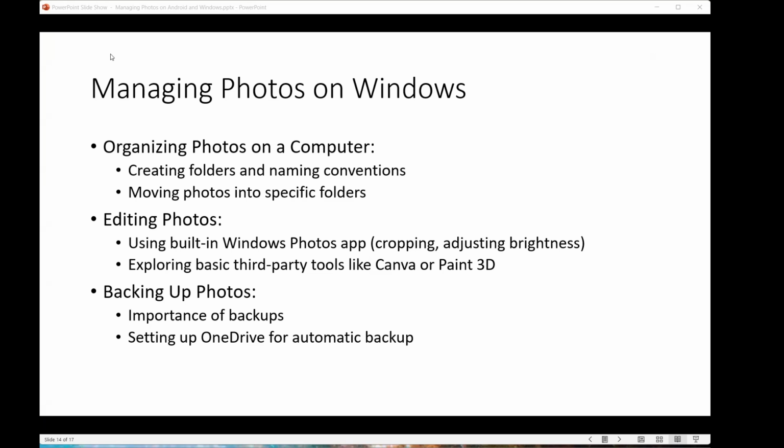So backing up photos, we've discussed that ad nauseum. You have numerous places where you can